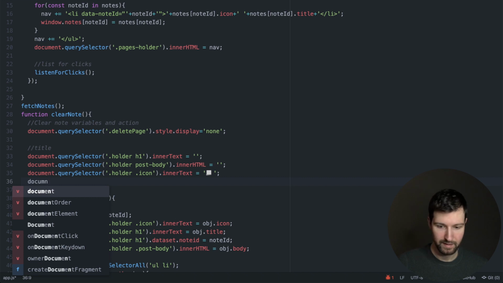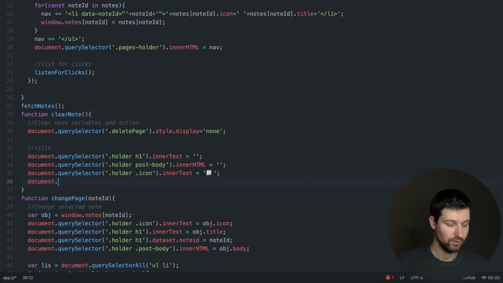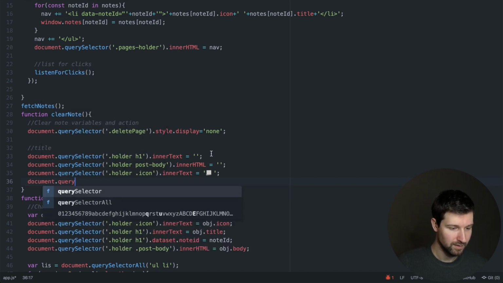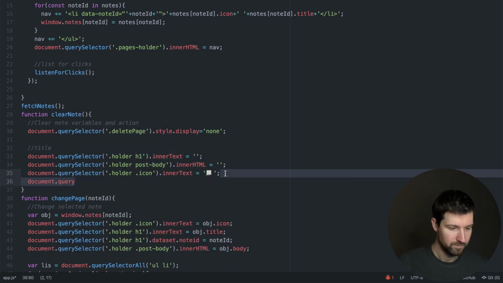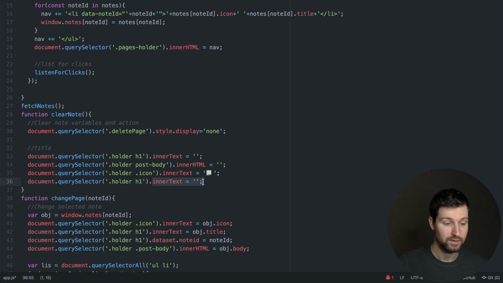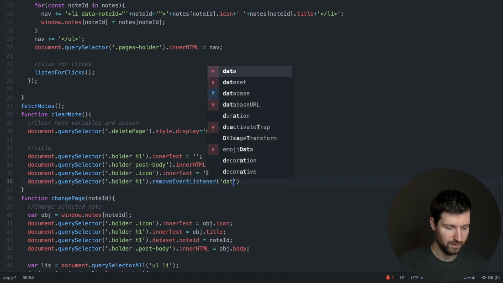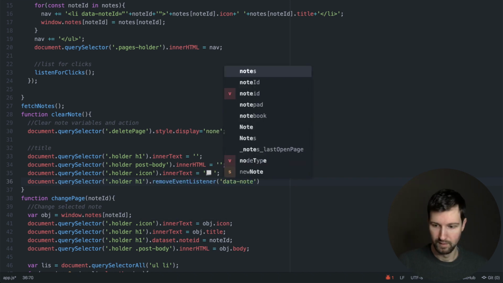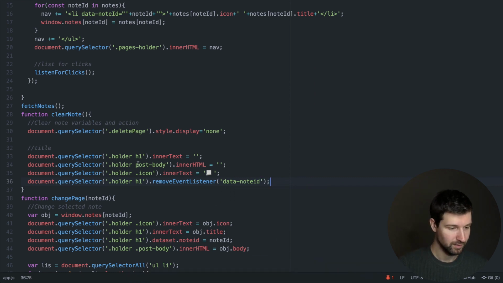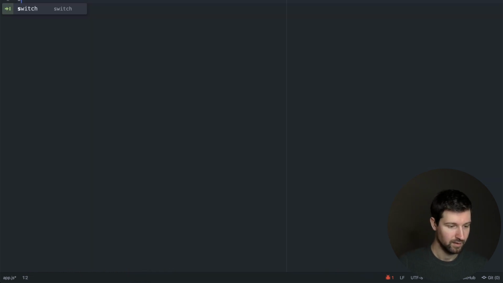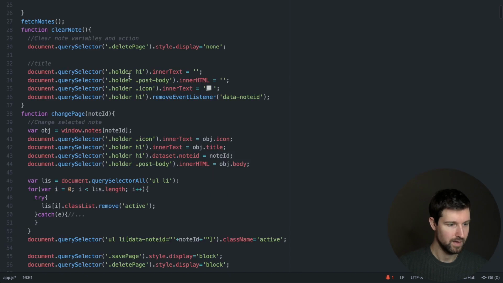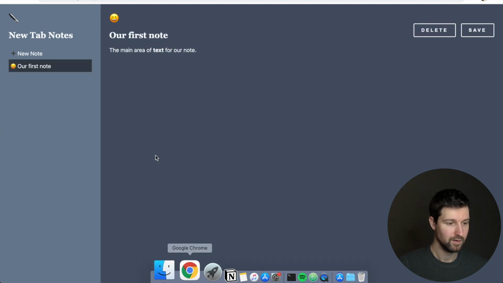And then finally, we're going to remove that note ID that we mentioned a moment ago. To do that, it's the same as before. So we want to get the H1, and instead of adjusting the inner text, we just say remove attribute data note ID. Let's double check. Okay, we haven't got this dot here, so it's not acting as a class. Make sure you add this dot here so that it's acting as a class, and then save, refresh,